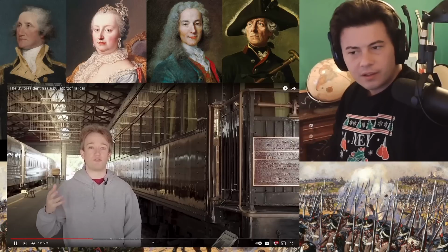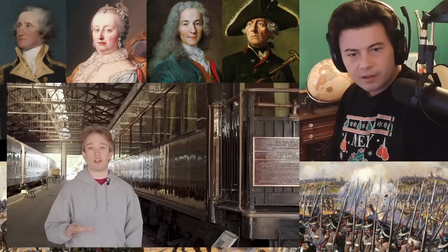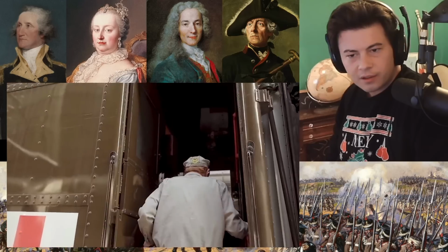Before television was a way to reach the masses, Truman toured America in this train, campaigning for re-election, traveling tens